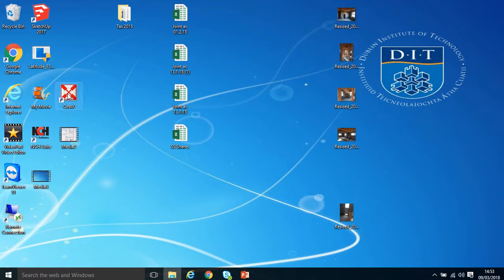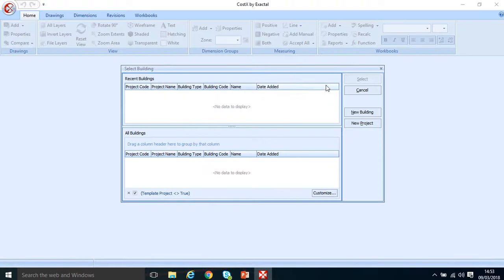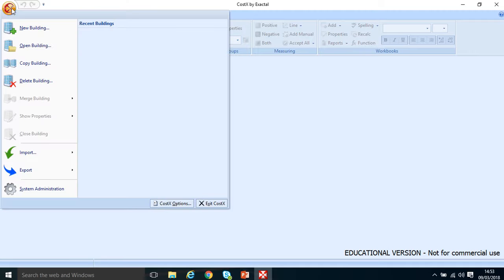So setting up a building in Costex, adding drawings, rotating the drawings, and scaling those drawings to start measurement. To open up Costex, we double click the Costex icon, or we open it up in our start menu, look for Costex. I'm going to close down this quick access box here, and I'm going to open up or start a new building or insert a new building by left clicking the top left hand corner Costex icon and